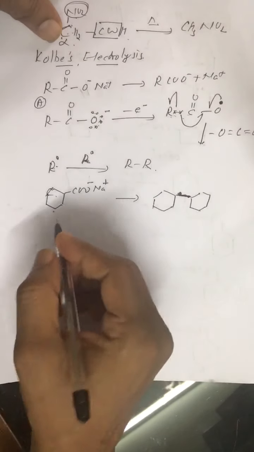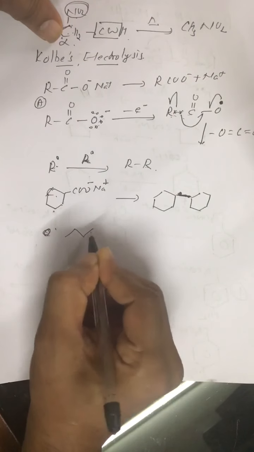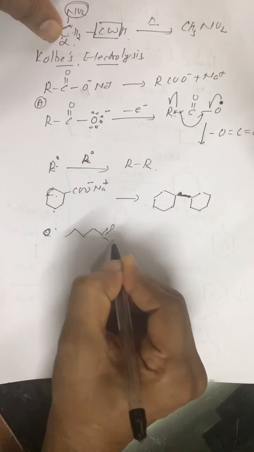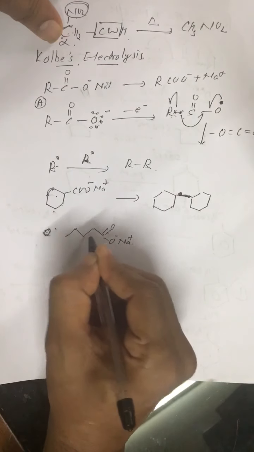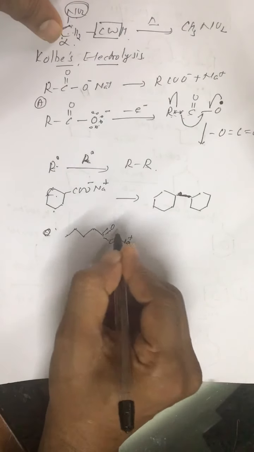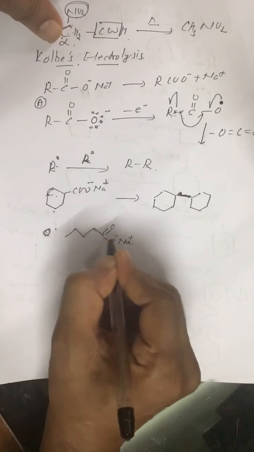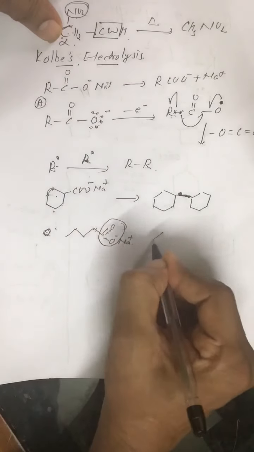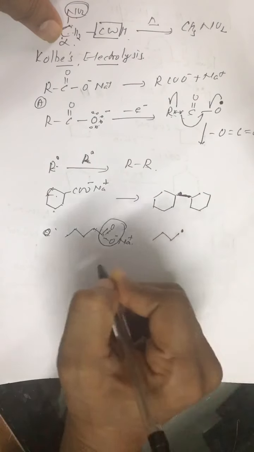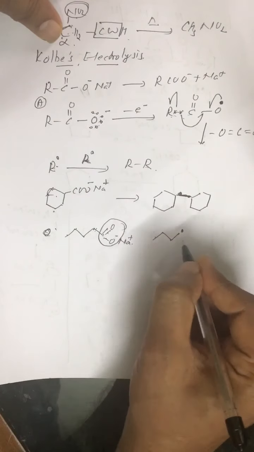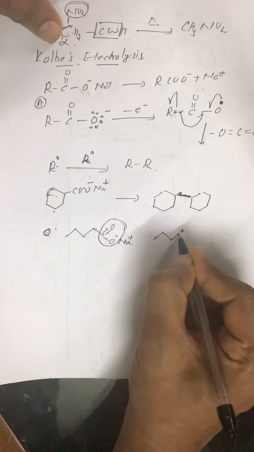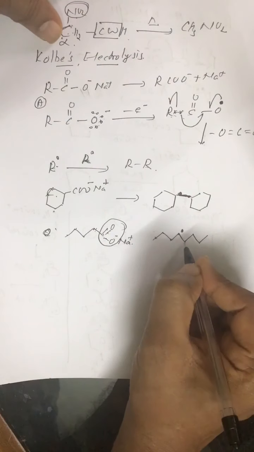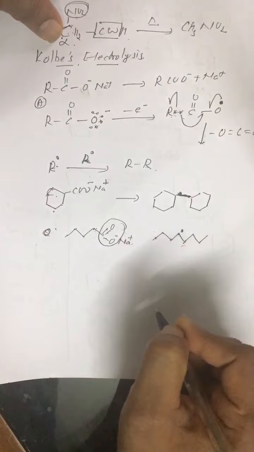Whichever compound is given, say we are given this kind of COONa, what is the product obtained? On the basis of this, 1 2 3 4, this is sodium pentanoate. Remove this CO2, put a free radical at this point, and one more butyl group just gets added. So this is 1 2 3 4 5 6 7 8. So this is the product, which means we get octane.